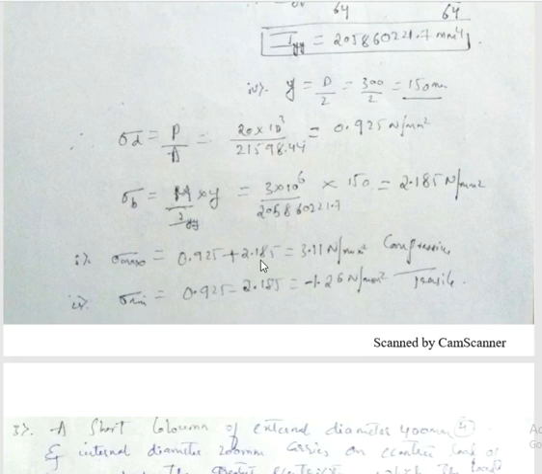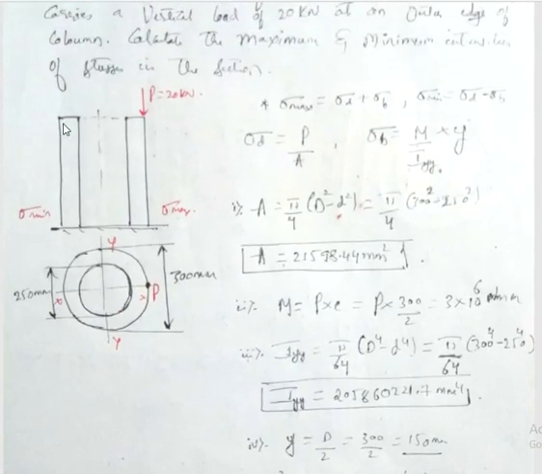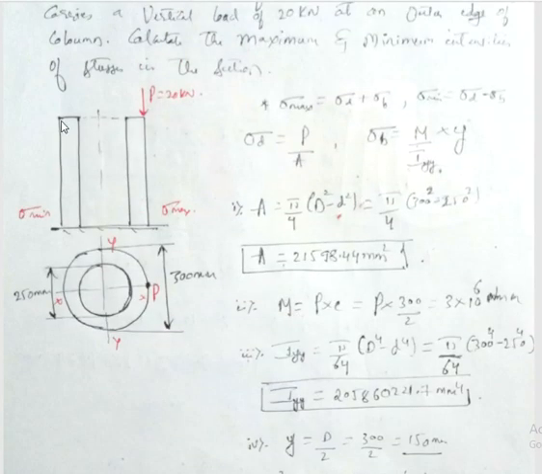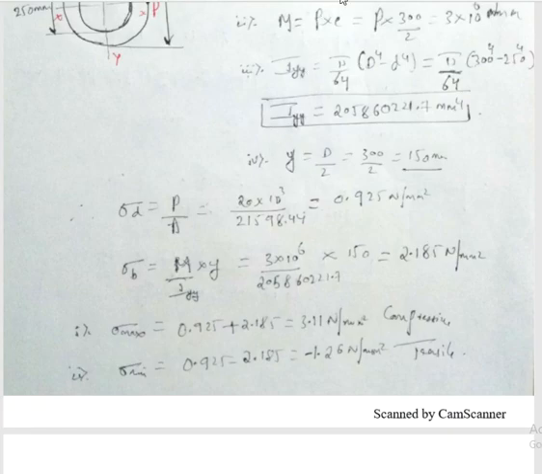After adding direct stress and bending stress, I'll get this positive value, which means it is compressive in nature, that is 3.11 Newton per mm square compressive in nature. Minimum stress is direct stress minus bending stress, which will be acting on this layer because it is subjected to compressive stress because of load, and because of the bending moment it is subjected to tensile stress. So plus 0.925, which is direct stress, minus bending stress, which I'll get as minus 1.26 Newton per mm square. Minus in the sense it is tensile in nature, so the net resultant stress acting on this layer is tensile in nature. So this is about this problem.